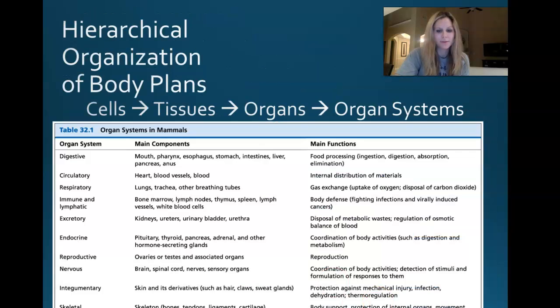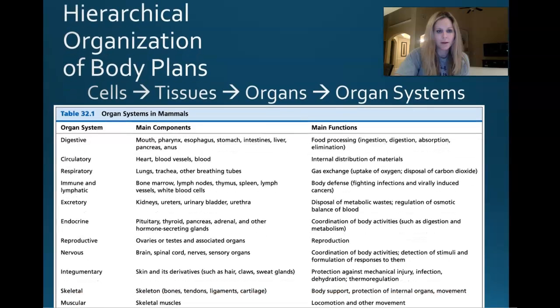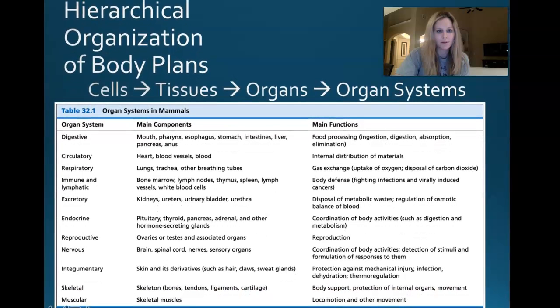All right, I need to move my screen down if it'll let me to cover. All right, so now you can see